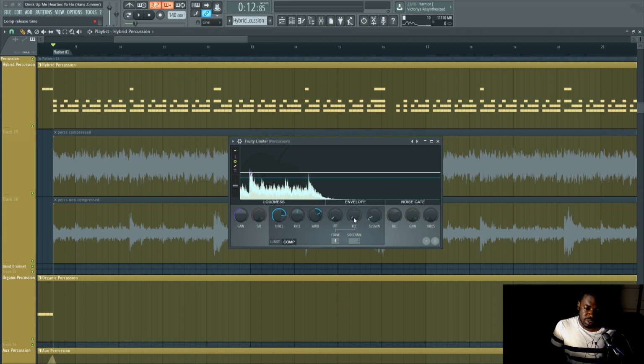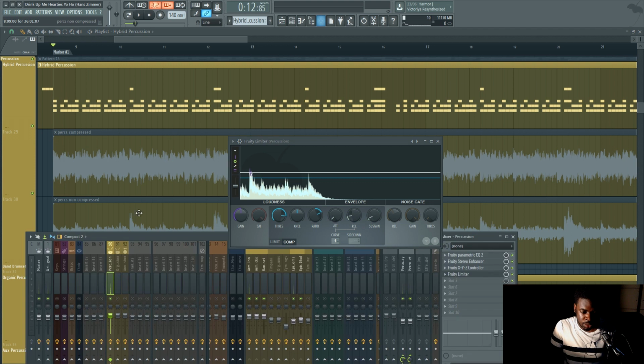And the release instead allows you to choose how long you want the attenuation to last, even after the sound has gone down lower than the threshold again. The release is useful if you have sounds with, for example, a reverb tail. There is no reverb on this percussion, but let's